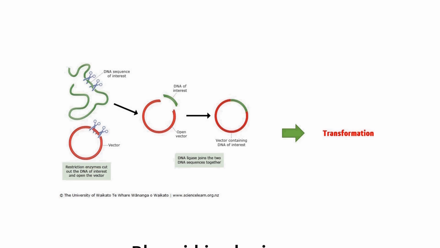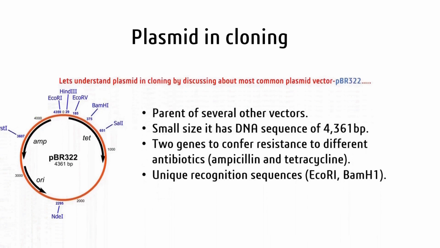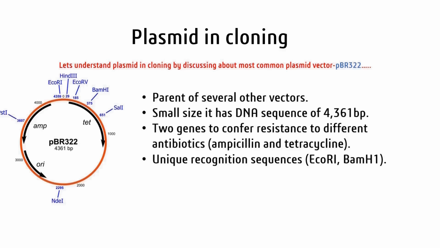Now let's see the use of plasmids as vectors for cloning. Plasmids are the most commonly used bacterial cloning vectors. These cloning vectors contain a site that allows a DNA fragment to be inserted, and this site is known as the multiple cloning site or restriction site, to which DNA fragments may be ligated. After the gene of interest is inserted, the plasmids are introduced into bacteria by a process called transformation. To know about successful transformation, these plasmids contain selectable markers by which we can know if the transformation took place or not. For example, in pBR322, the selectable markers are ampicillin and tetracycline genes.